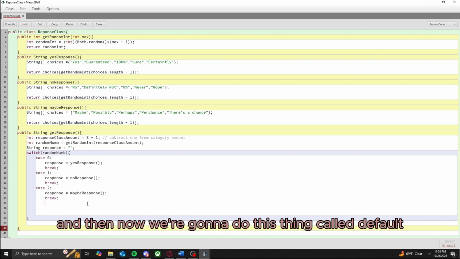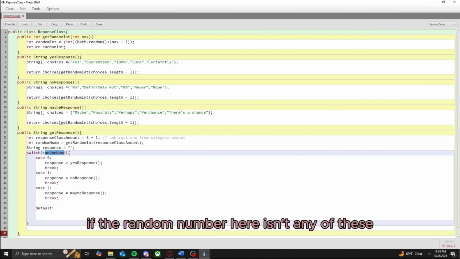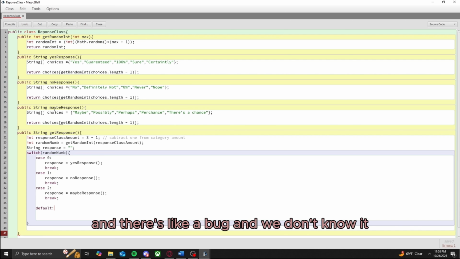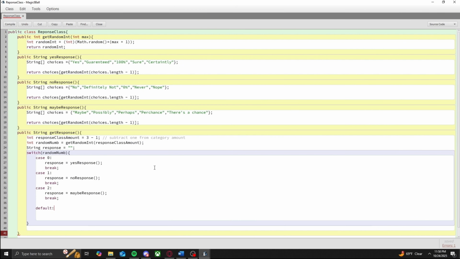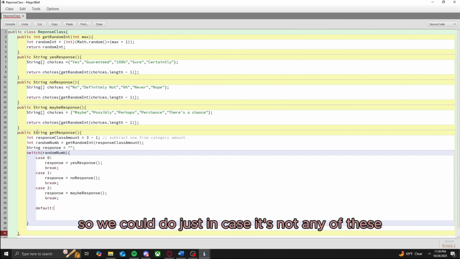And now we're going to do this thing called default. This is basically saying if the random number here isn't any of these, so if it's not 0, 1, or 2. Technically it shouldn't be, but let's say something happens and there's a bug and we don't know it, and we need to know that it's happening. So just in case it's not any of these, we could do